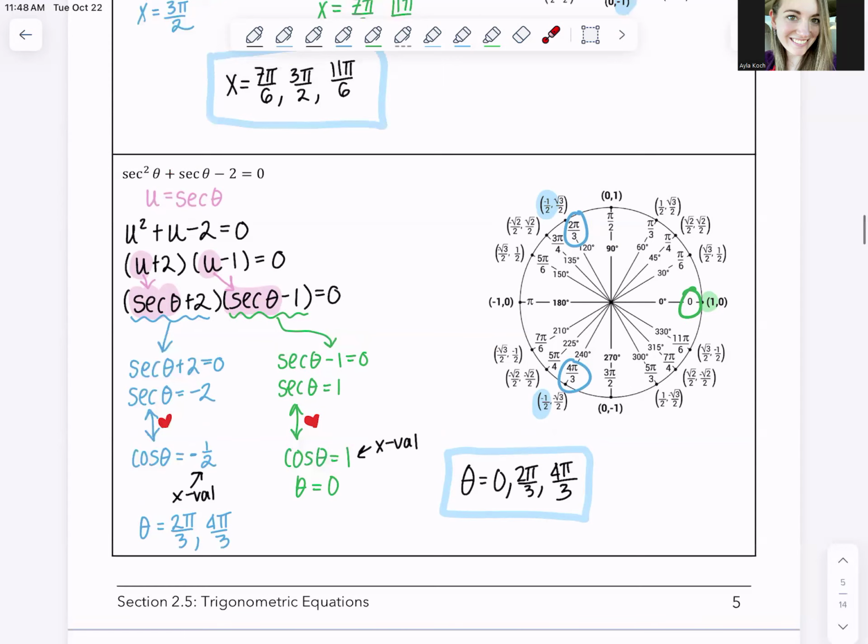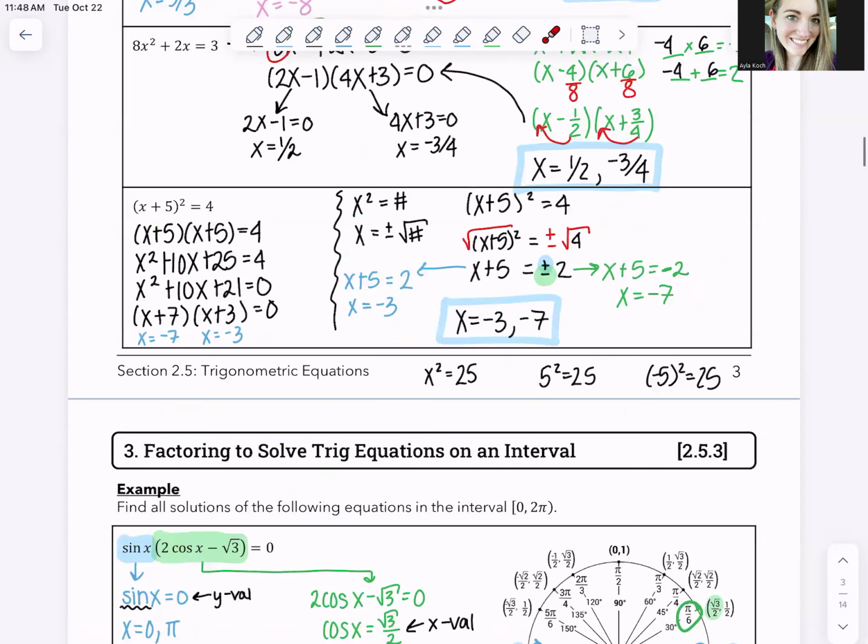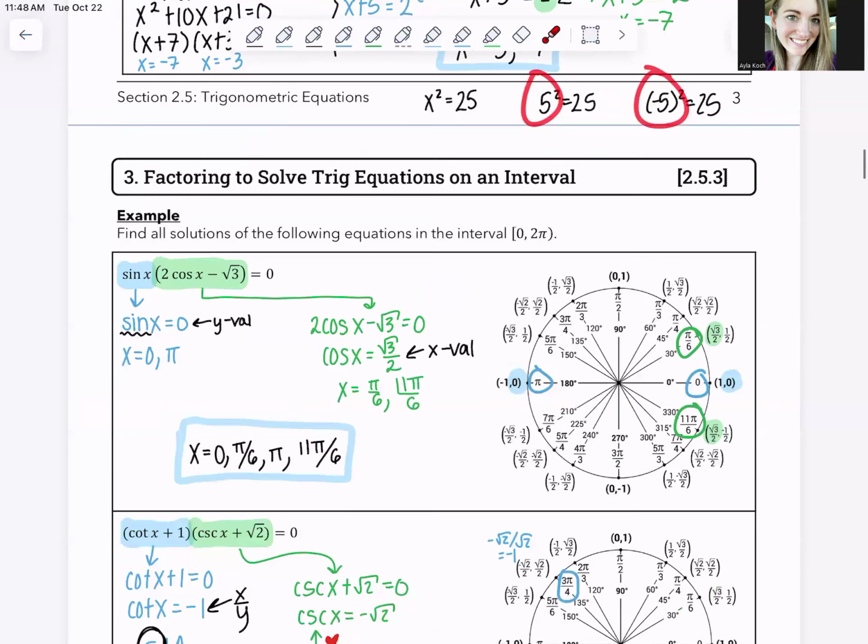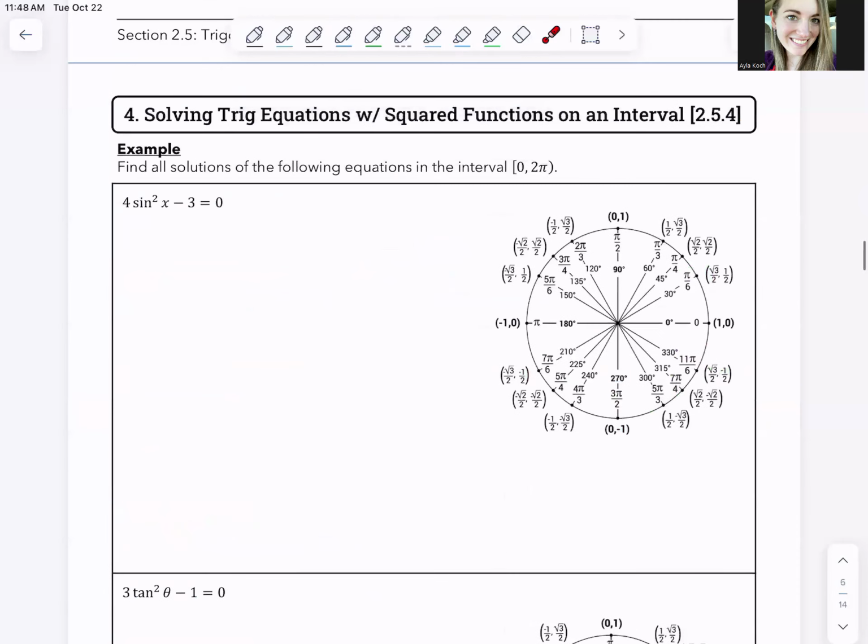Now, back in the quadratic video, I talked about this where we split up (x plus 5) squared equals 4 into two different equations because we use the square root rule, where you take a square root and put in a plus or minus to account for both the positive answer and negative answer. All right, so we're going to use that same idea here with